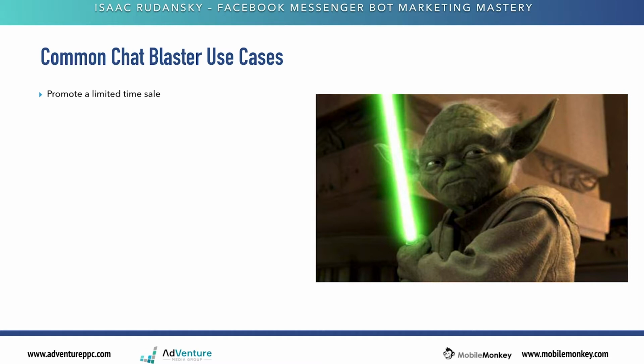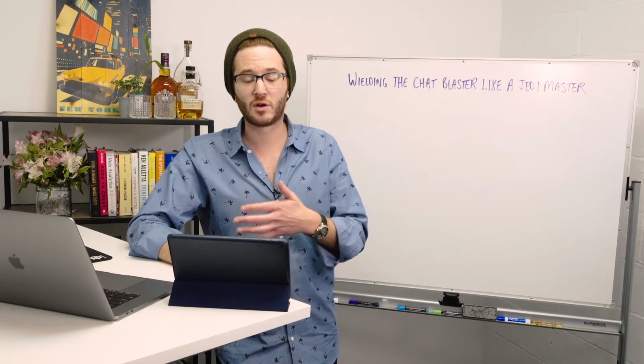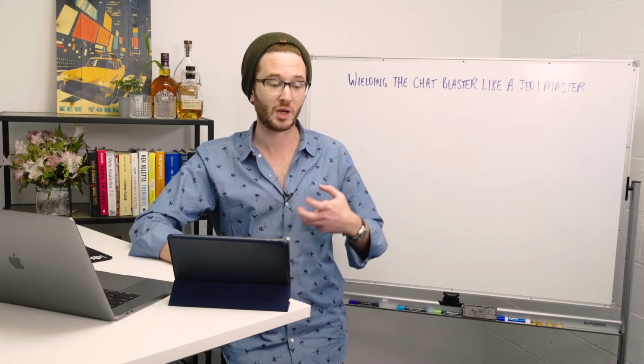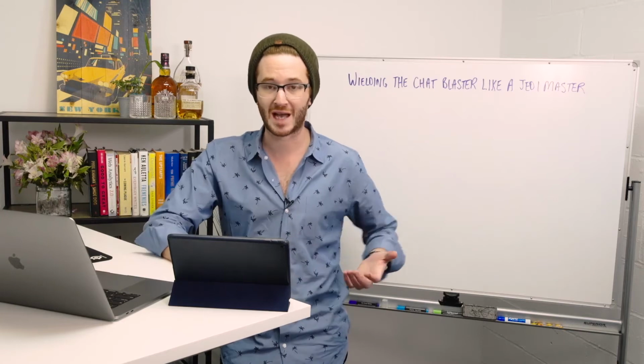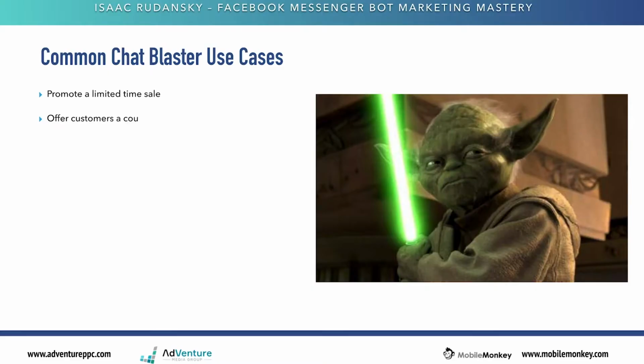And remember some of those psychological principles of persuasion. If you're promoting a limited time sale, then you want to convey that sense of urgency in your chatbot, and we'll talk about how to do that. Offering customers a coupon code, right? You might be running certain types of sales on your website, but you might want to send out a special coupon code to your Facebook subscribers. That's a way to make them feel they're on an exclusive platform, they have an exclusive coupon code, and that can be something which is very successful.